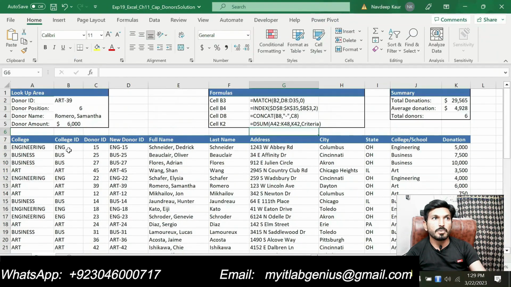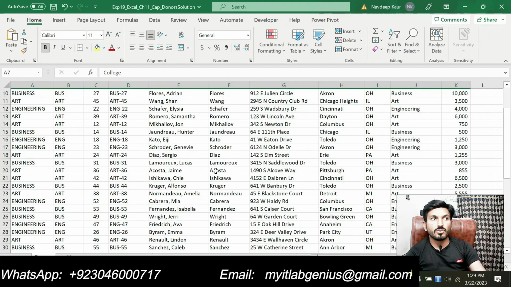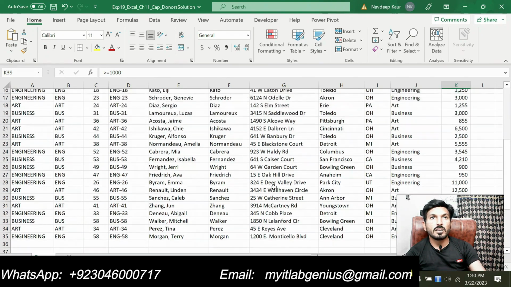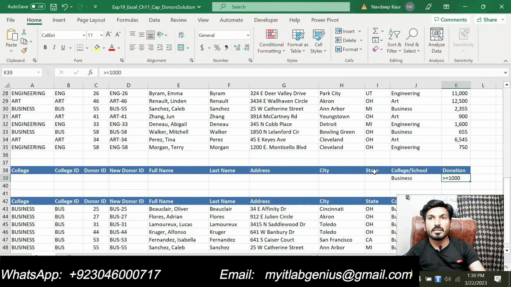I have copied this range, this is the range that we are supposed to copy, then we are supposed to place it in cell A38. So we have placed this, and then we are supposed to type business in cell J39 and greater than or equal to 1000 in cell K39. Why we are doing this? Because we are creating a criteria for the advanced filtering. So this will be our criteria starting from this one.